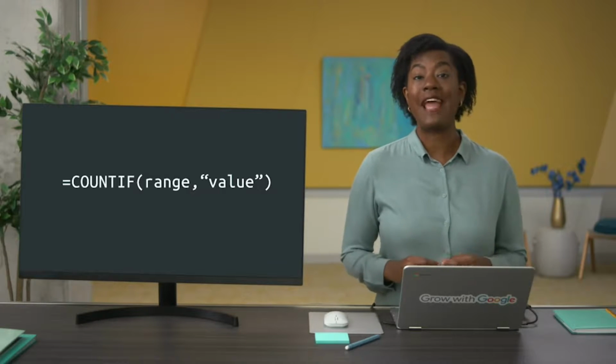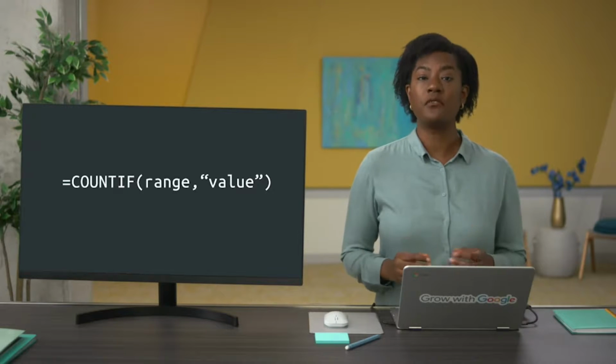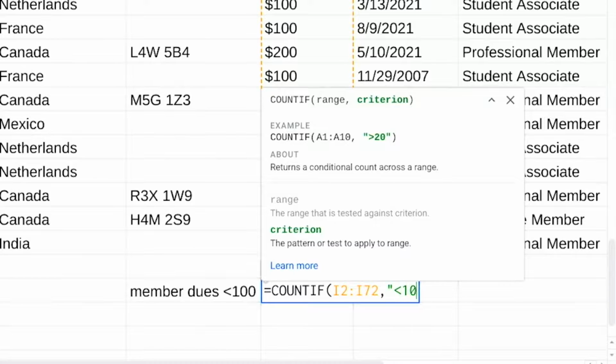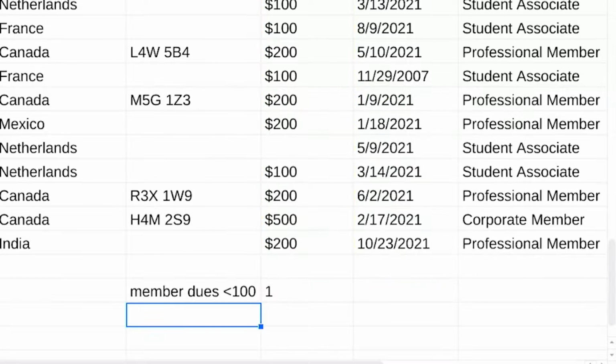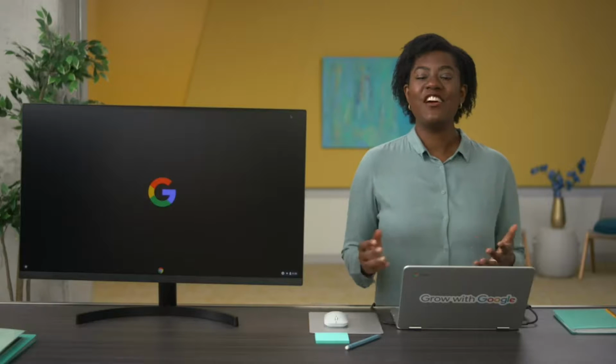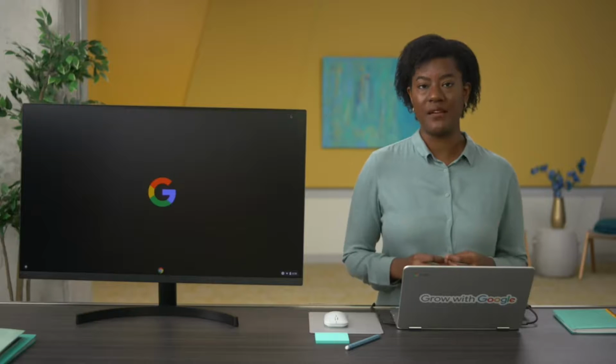You might remember COUNTIF from some of the earlier videos about data cleaning. COUNTIF returns the number of cells that match a specified value. Earlier, we showed how COUNTIF can be used to find and count errors in a data set. Here, we'll only be counting. Just a reminder though, while we won't be actively searching for errors in this video, you'll still want to watch out for any data that doesn't look right when doing your own analysis. As a data analyst, you'll look for and fix errors every step of the way.